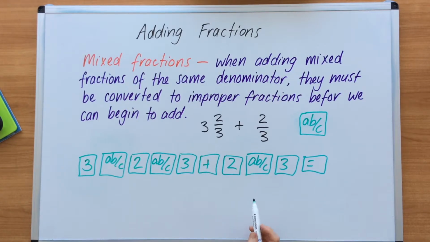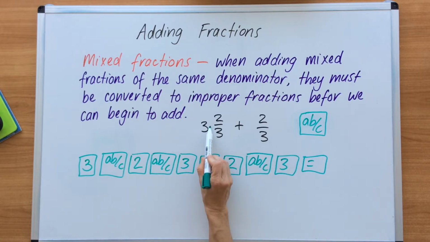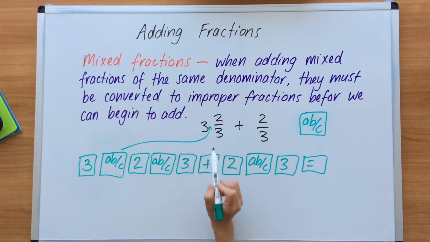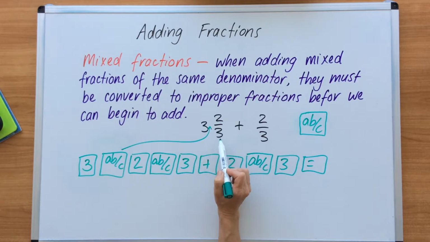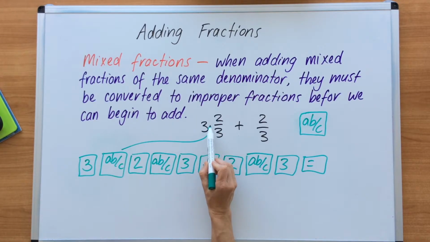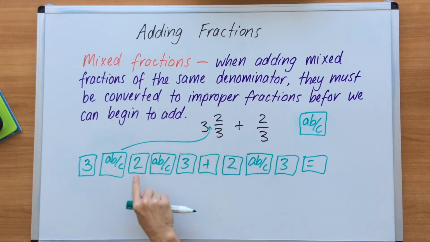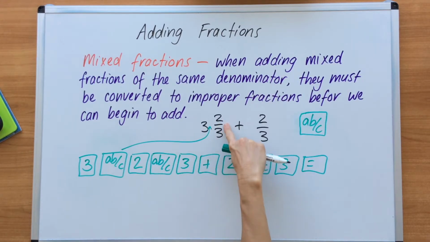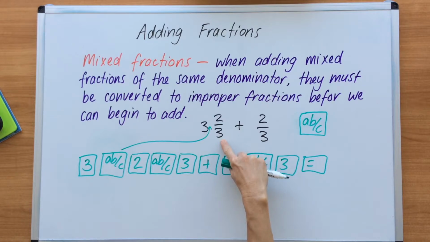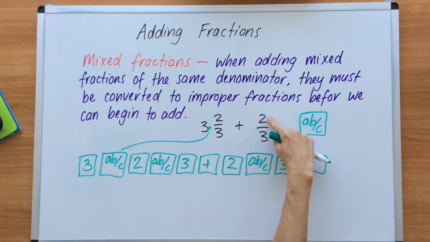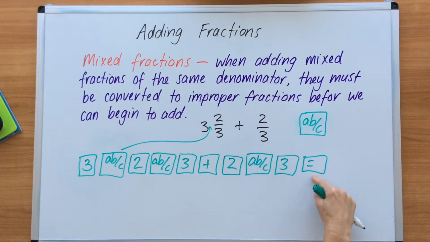Okay? Now, you may be thinking, well, why are we putting an ABC fraction button in this spot here? And the reason being is if you go 3, 2, 3, it's like saying 32 over 3. So you have to put an ABC fraction button in between the whole number and the numerator. So we go 3, ABC fraction button, 2, ABC fraction button, 3, plus 2, ABC fraction button, 3, and equals,